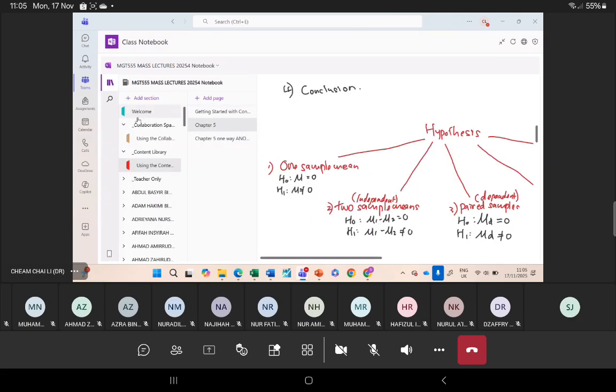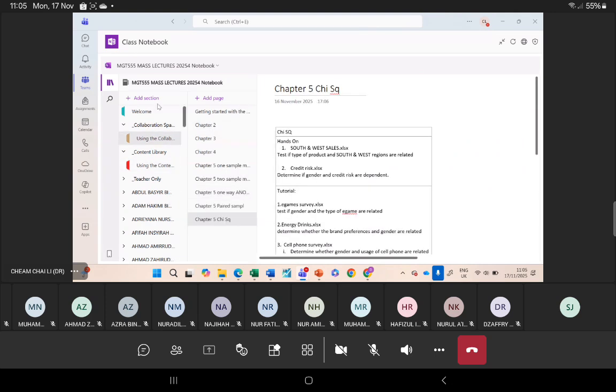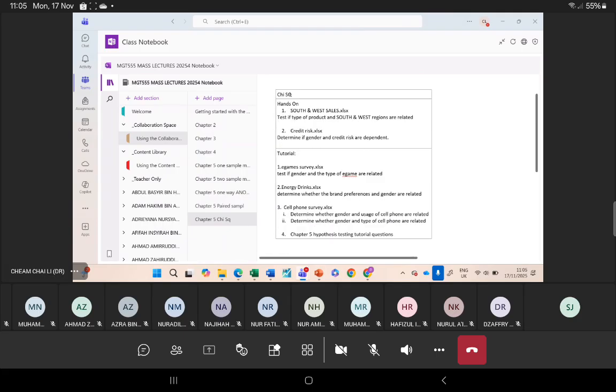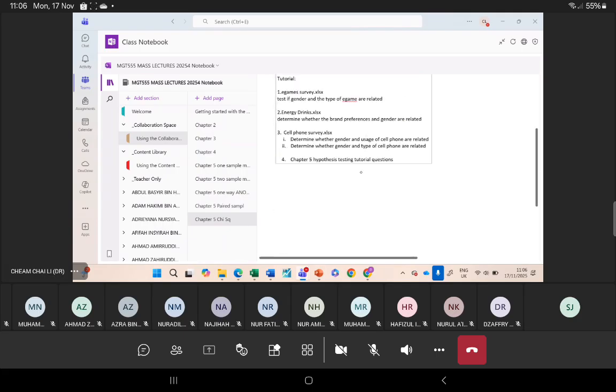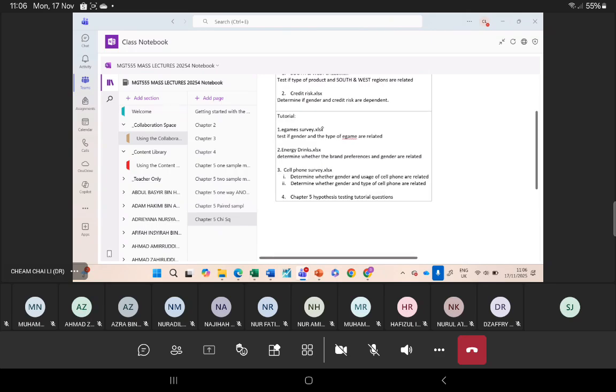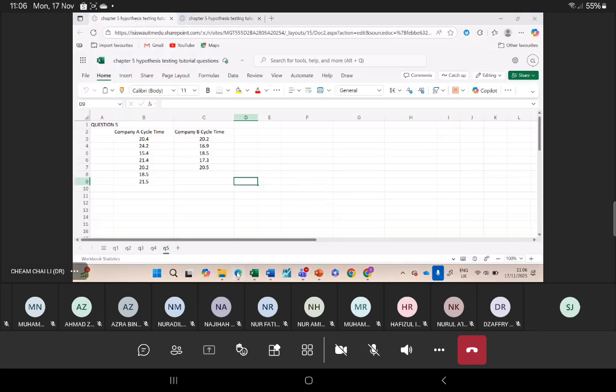But before that, I have these tutorial questions. So for each tutorial group, you have to answer. I have assigned the questions for you, either question 1, question 2, or question 3. But for question 4, again, you have this chapter 5 hypothesis testing tutorial questions. For question 4,